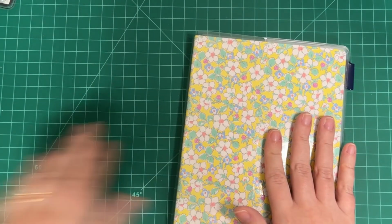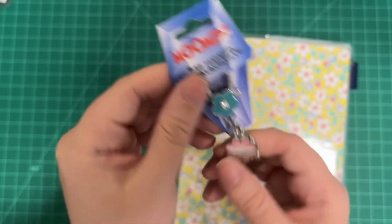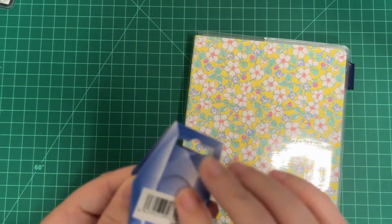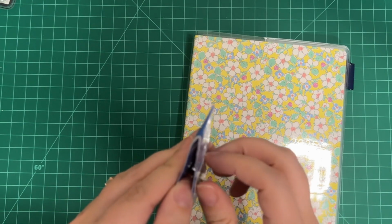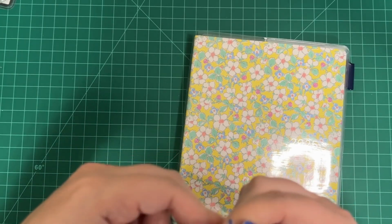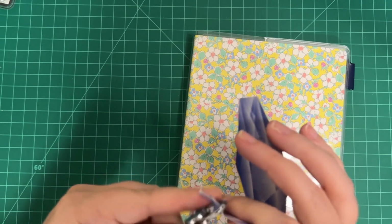One thing I wanted to put on my own was this bag charm that I ordered from the Moomin Shop Hawaii. I've rediscovered my love of the Moomin universe recently, and I need all things Moomin in my life, like all of them. And so many things on the official Moomin site were sold out, and then I discovered the Moomin Shop Hawaii, and they had the Snork Maiden Nightlight, they had this bag charm, they had a mug, so naturally I got those